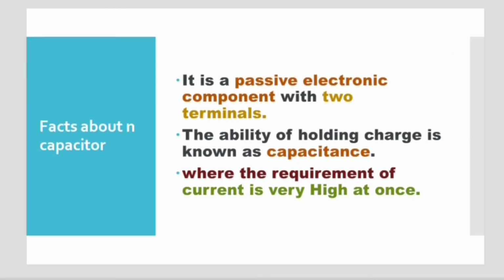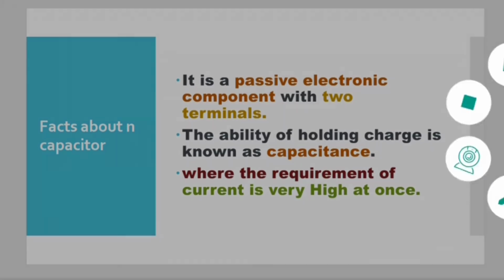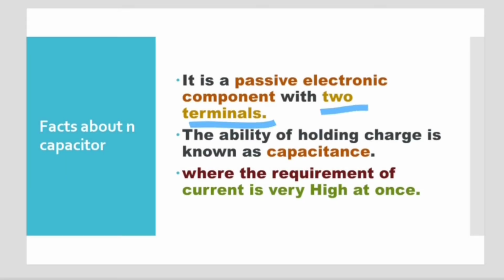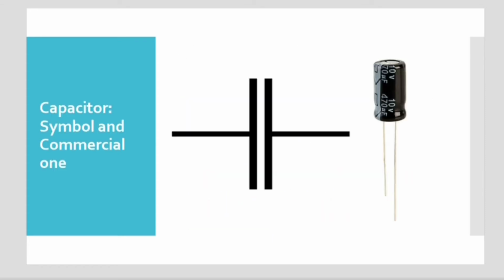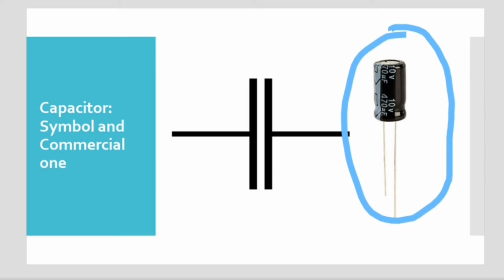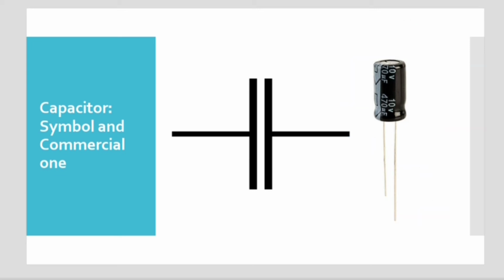Capacitor is nothing but a passive electronic component with two terminals. Now for two terminals we will just show a picture. See here. So here you can see this is the commercially used capacitor, which is actually used in your laboratory in many electrical instruments. Here you can see two ends. One is smaller, another one is larger. The smaller one is treated as negative, whereas the larger one will be treated as the positive terminal. So there you can see two terminals passive component. So that is why it is called a two terminal passive component.